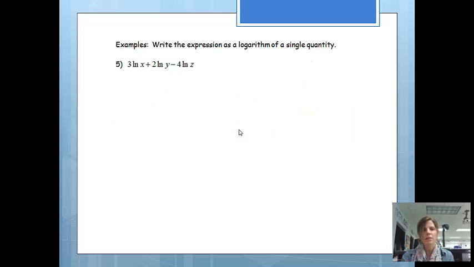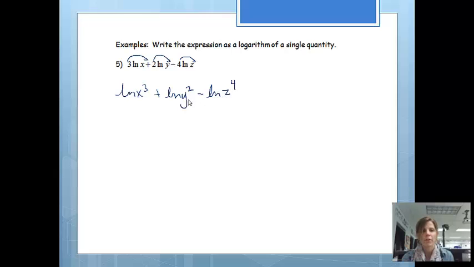Okay, let's try going backwards this time. Right, this time you'll notice that I have it as 3 separate logs. We're going to try to write it just as one ln. So kind of working backwards, if we've got a 3 out front, I can bump it to the power. So this will be ln x cubed. Plus, again, we've got 2 out front, so I'm going to rewrite it as a power. So we'll get ln y squared, and then minus. The 4 was out front, so I can bump it up to a power,